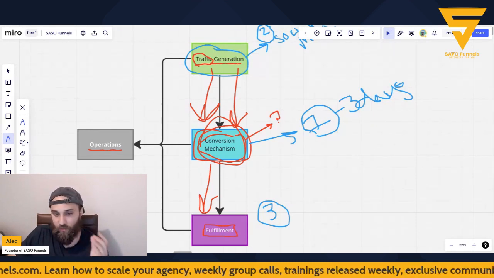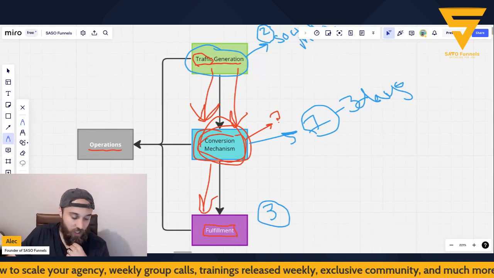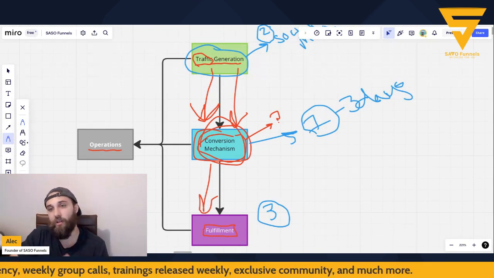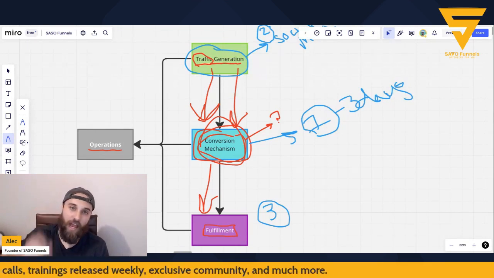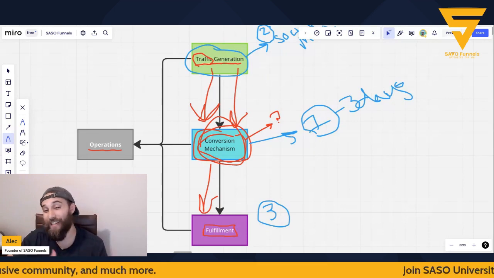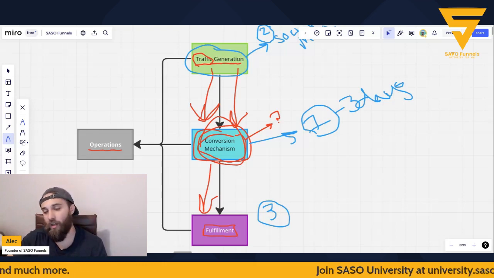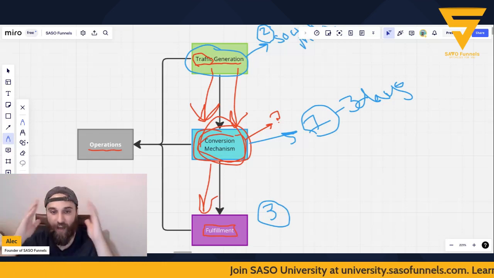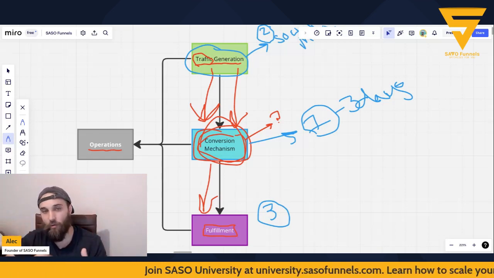Now, this depends time-wise on what you said you were going to do, but what you need to do as you're fulfilling, whether it's the first or the 100th client, is document everything you're doing. You want to document the tasks you did, the order in which you did them, how you communicated to the client, things that went well, things that didn't go well, things that could have gone better, things that you feel like you missed. You want to journal every single thing about that fulfillment.